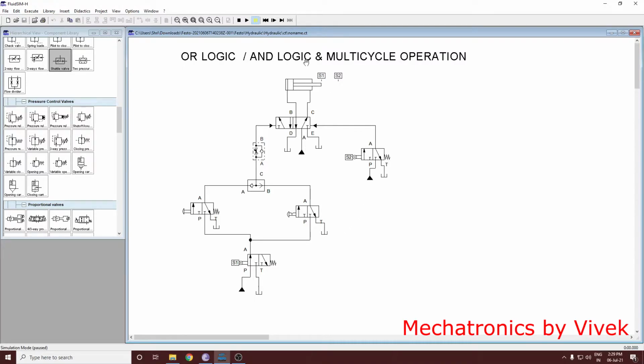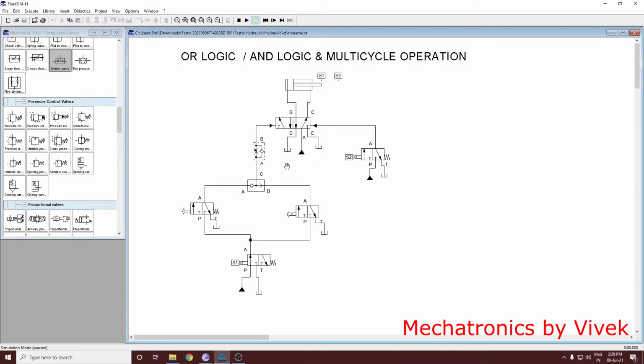we have chosen here a double acting cylinder with its positions S1, S2, that is retracted and expanded positions of the piston rod. Then we have chosen a 5/2 direction control valve, which is pilot operated. As you can see the arrows, this is the convention which tells us that this valve is pilot operated. Okay, then we also have shown a pump here and two tanks which are required to plug in these terminals.